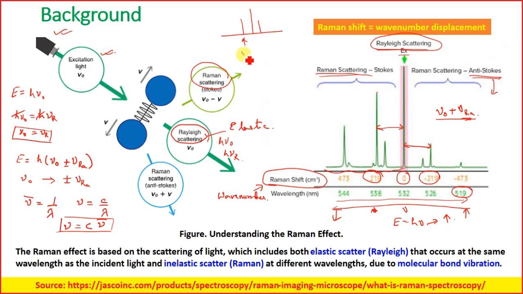particular wave number. Once you have identified that, suppose you are talking about aspirin and you want to identify the quantity of aspirin in a particular formulation. First we identify at what position the aspirin gives the Raman scattering, or the Stokes line. Once you have found that, then you have to make a standard curve,